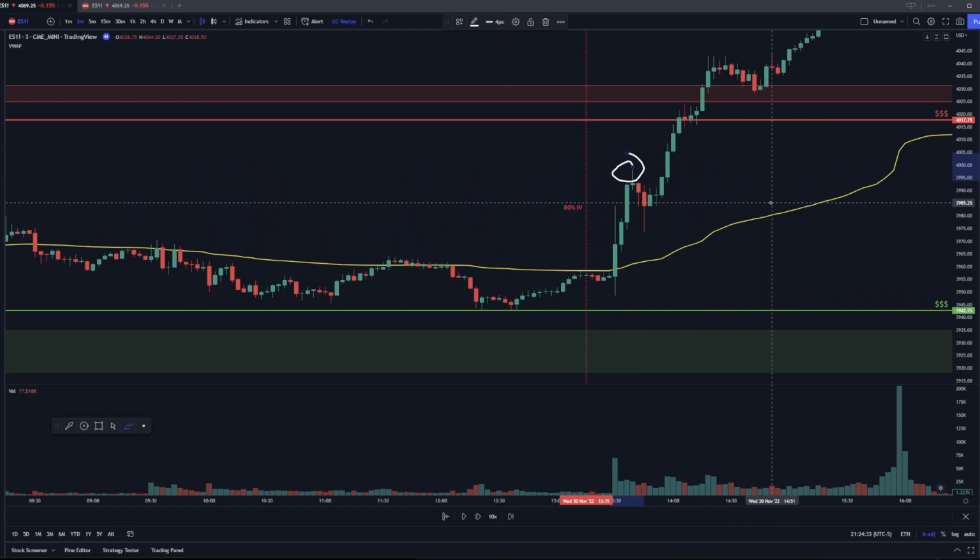What have I said before? You want to trade level to level. That's all you can do in this market. It's trade level to level, supply and demand. And what you could have done here is, instead of chasing here and getting a market fill for the market to go back down and stop you out because your stop loss is here,